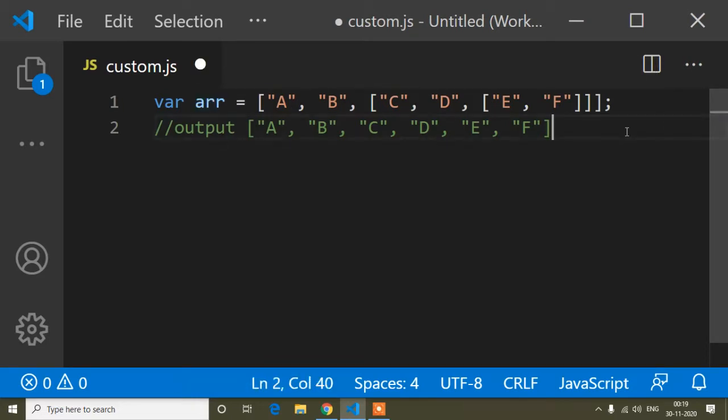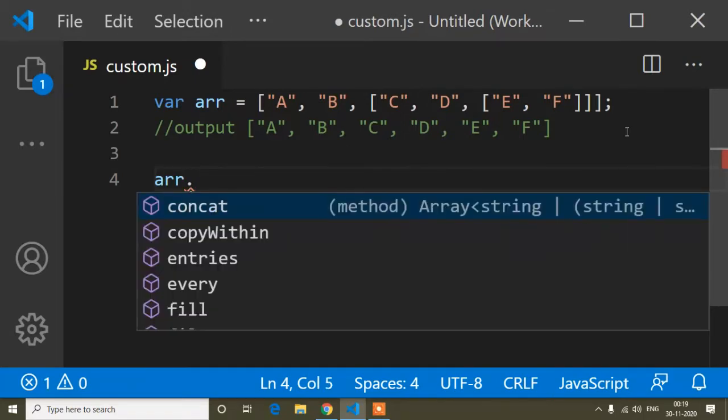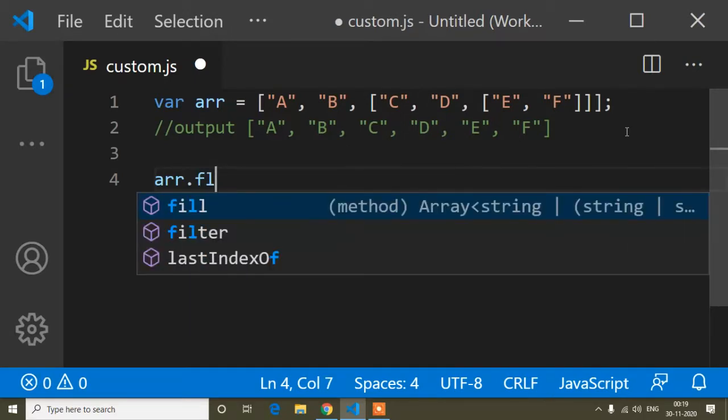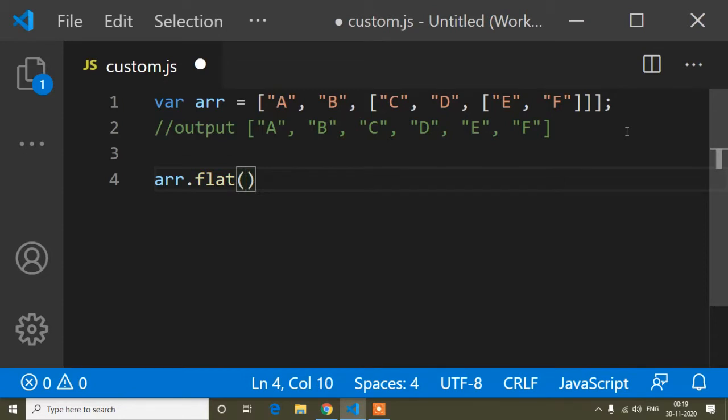I will copy this variable name and here I will put arr dot flat and parentheses. So this is the simple syntax. After using this flat method, I will store the result inside another variable like output, but you can write any variable name.